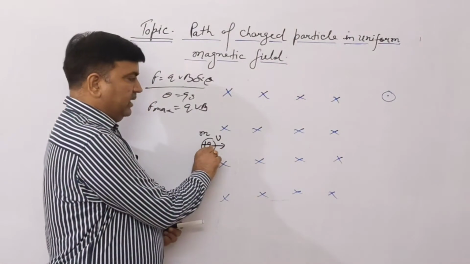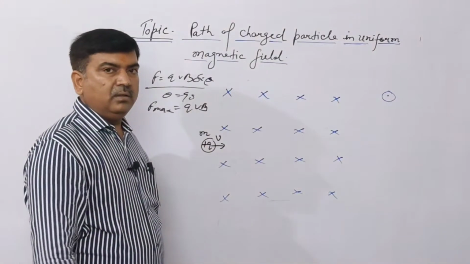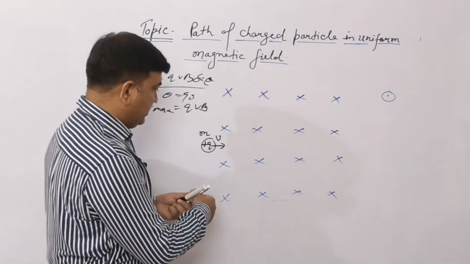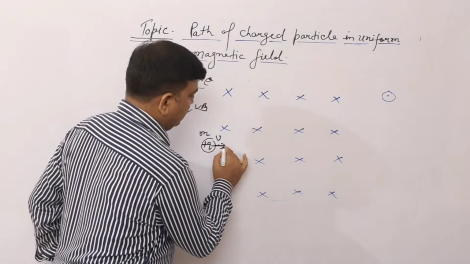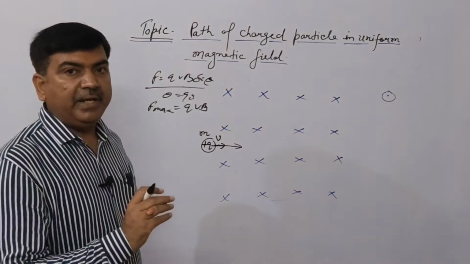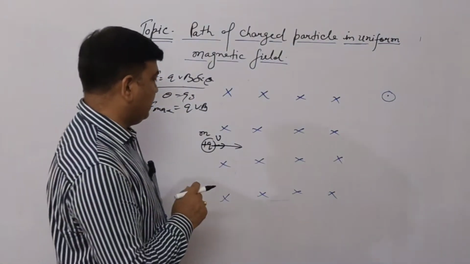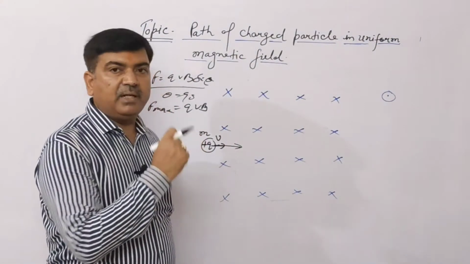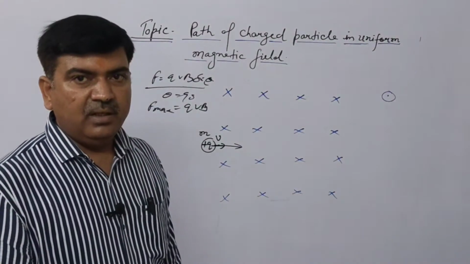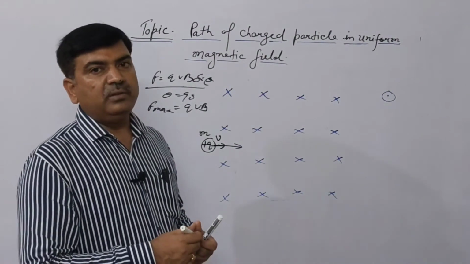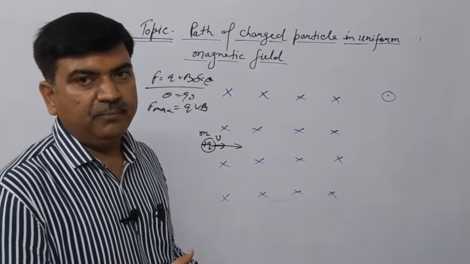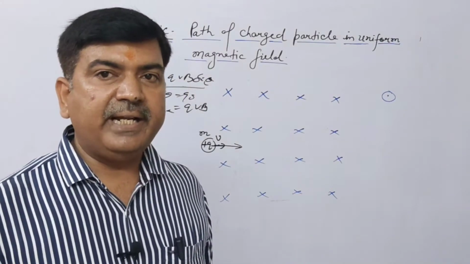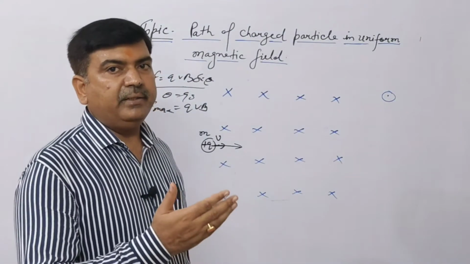We throw the charged particle perpendicular to the direction of the magnetic field. But what happens? When the charged particle enters the magnetic field with the energy you gave it, perpendicular to the direction of the magnetic field, one force immediately acts on the charged particle inside the field. You have to find the direction of the magnetic force on the charged particle according to the right hand palm rule number 2.